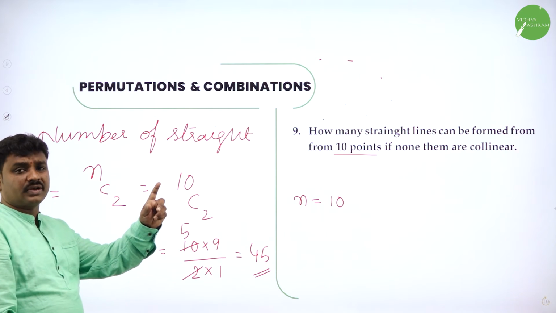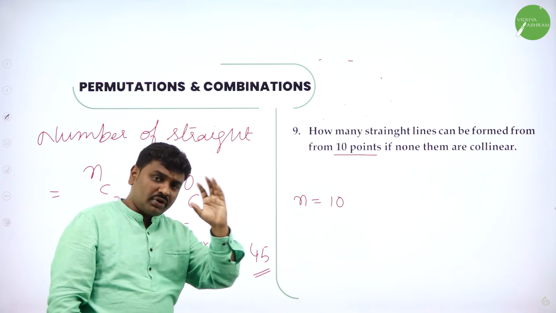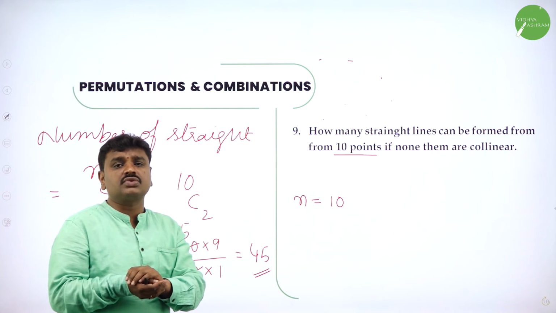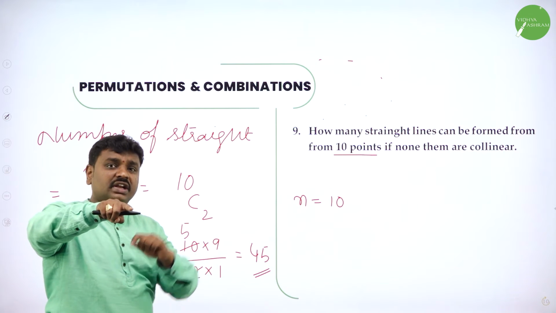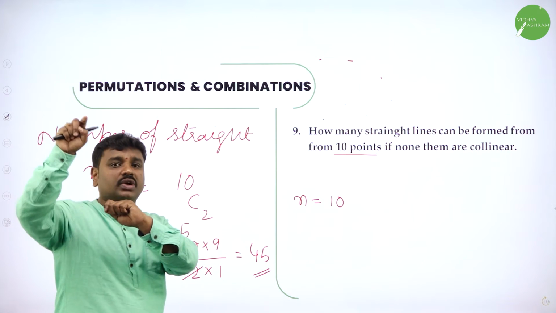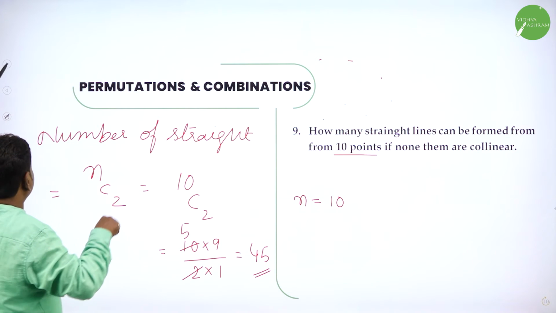This is a simple one marker. They have not given collinear points. So if you have n points, combine nC2. nC2 is the number of straight lines formula. If you have collinear points, then it becomes nC2 minus kC2 plus 1. That we have done. Now,